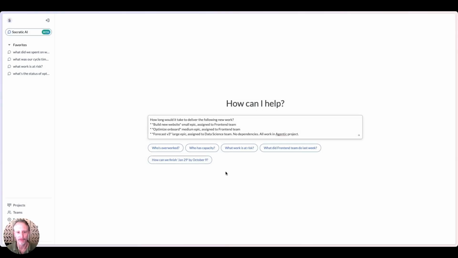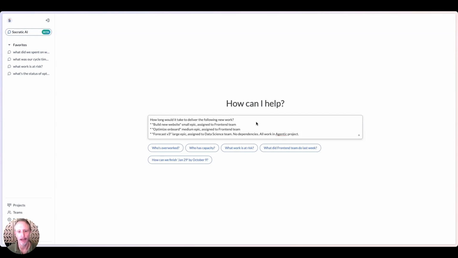Let's take a look at a couple of key use cases for Socratic's agentic project management capability. I'm going to start with a big nuisance for engineering teams, which is trying to understand how long a body of new work is likely to take to complete. It happens all the time. Business or product team shows up and says, this is what we want to get done. It's up to software engineering to huddle smart people and start making best guesses as to how long